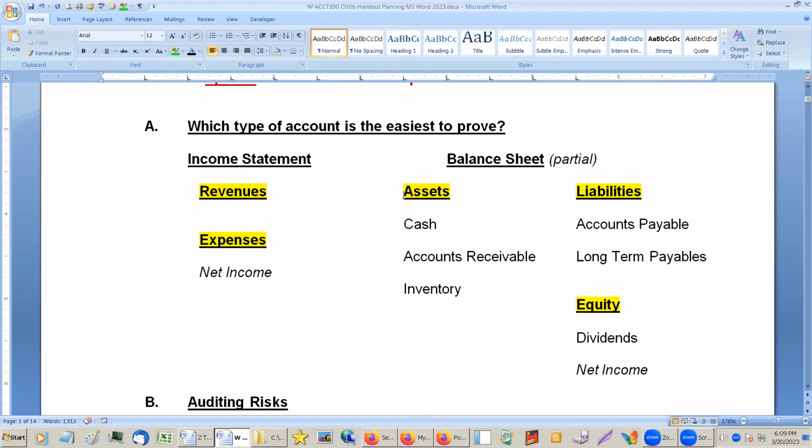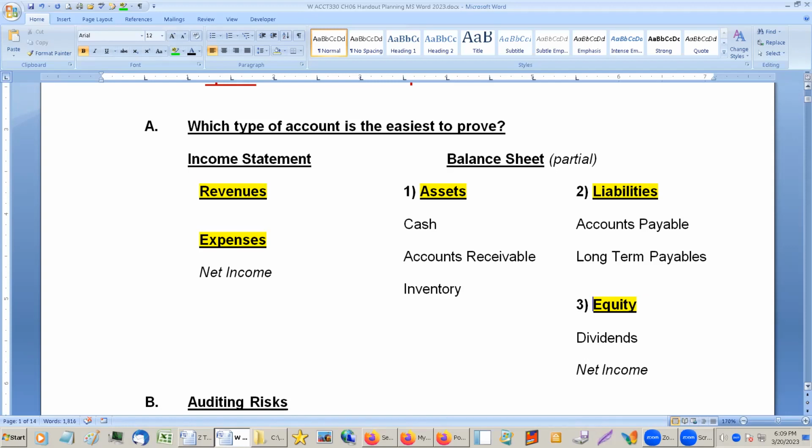So we usually start out with assets first. And then we move over to liabilities. So the balance sheet really gets beat up in auditing for the most part. If you prove the assets and you prove the liabilities, if you get comfortable with these two, that they're not materially misstated, well, that tells you that equity is also not misstated, right? So the equity is actually what we use as a proof.